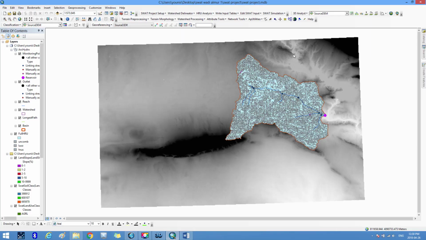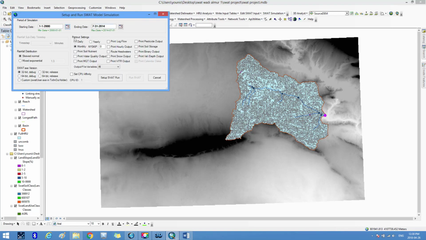We continue implementation in this part where we go to the sixth menu of the ArcSWAT menu bar entitled SWAT Simulation, and in it we choose Run SWAT, where we find the period of simulation is determined according to weather data from 1/1/2000 to 31/7/2014. Then we go to SWAT.exe version and choose